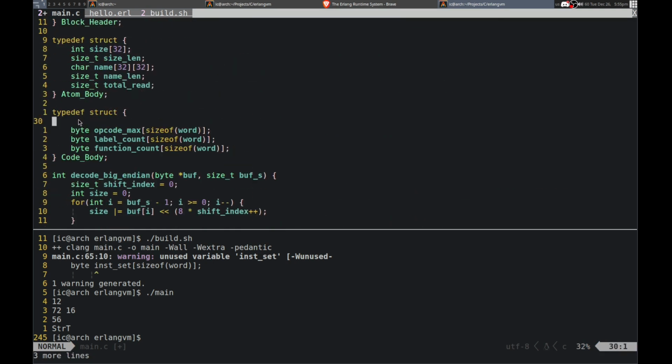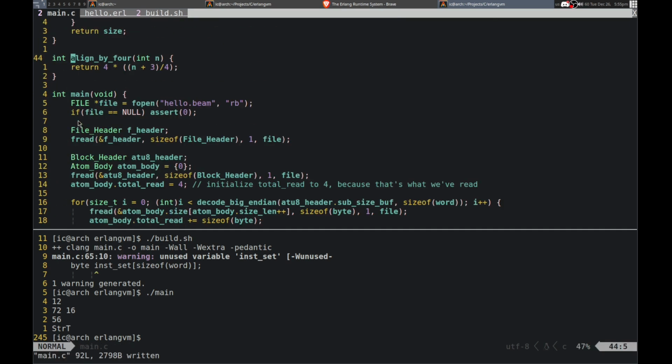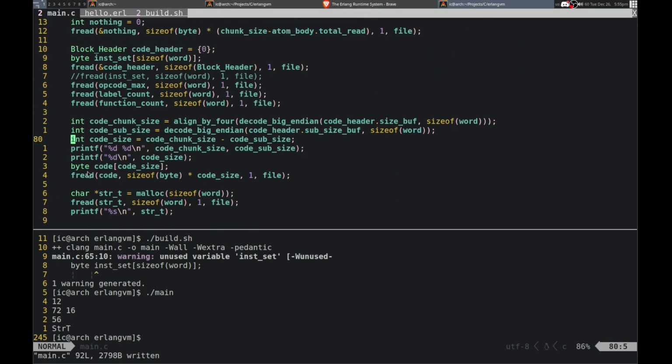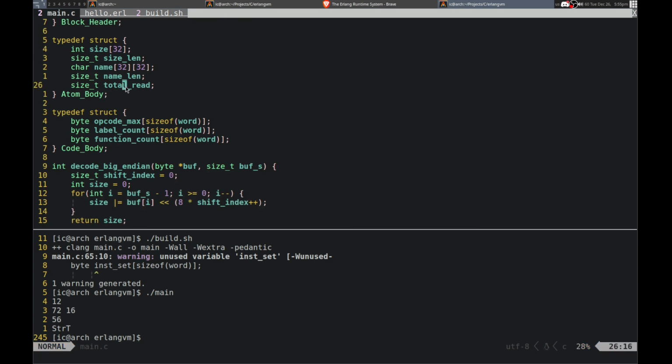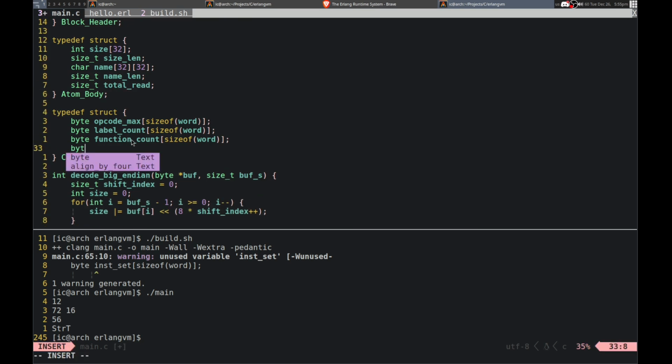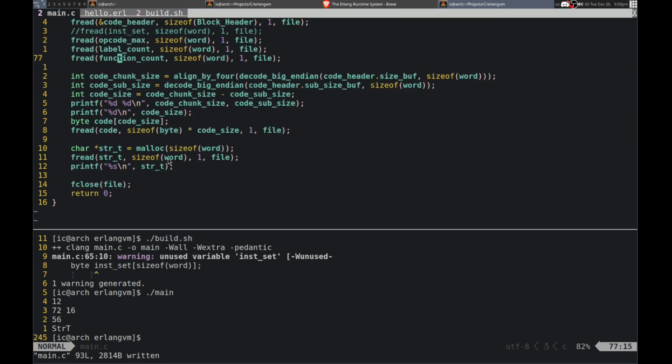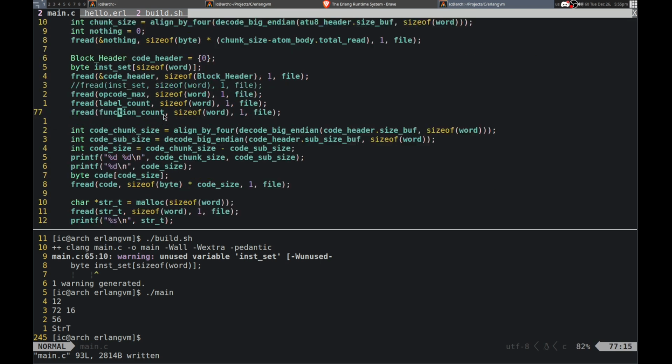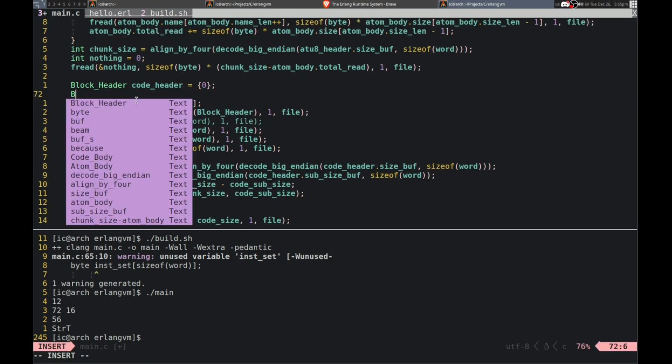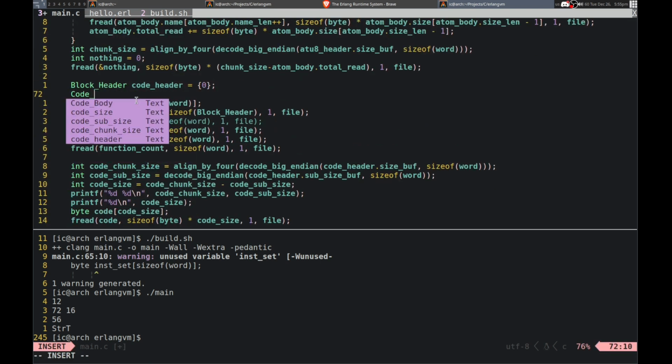Put them in here. And then what else was there? Then we have just the code, but that needs to be allocated after, so it could just be a pointer. Bytecode. And then we just need to allocate that space.